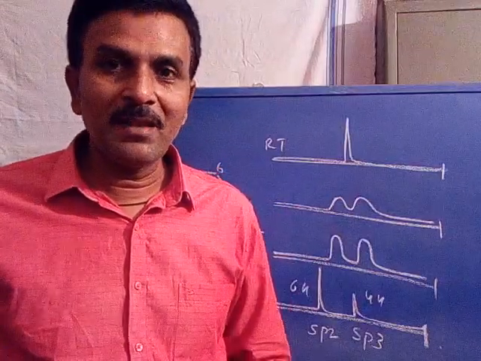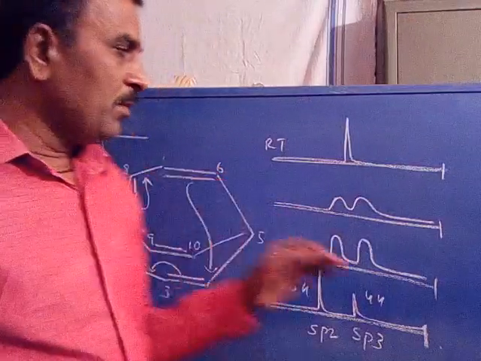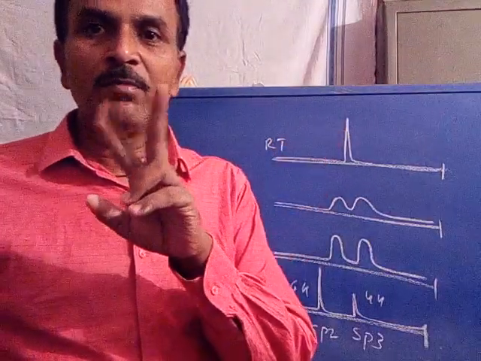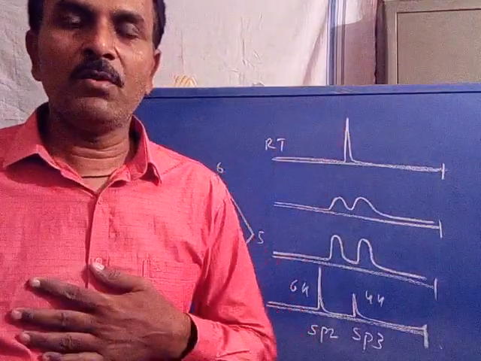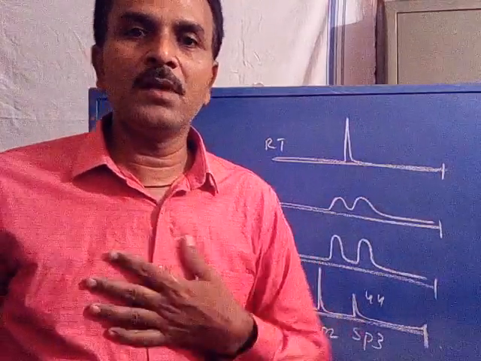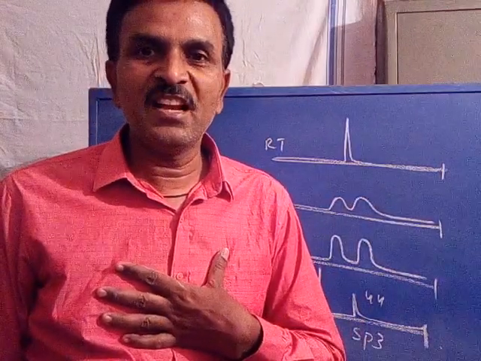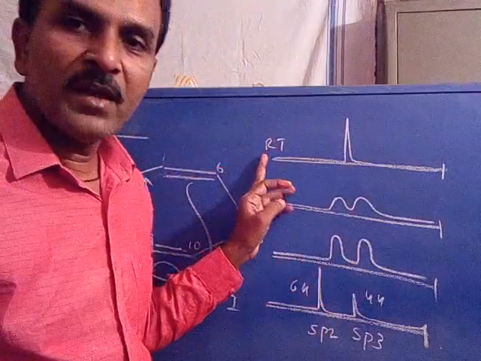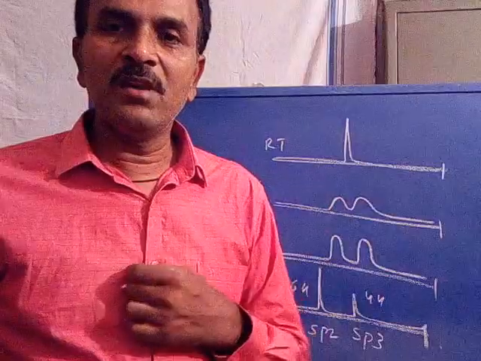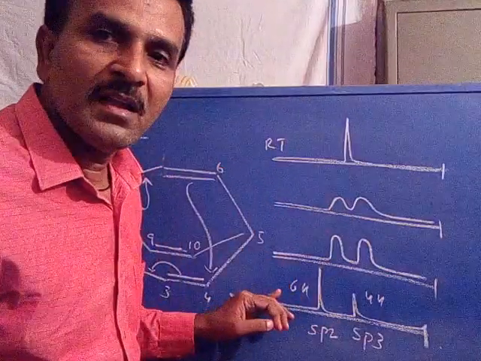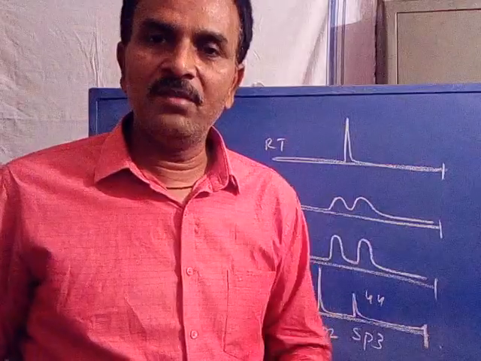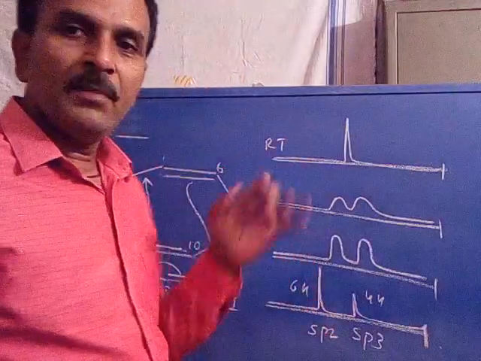Is it clear? What happens? Bullvalene contains two types of non-equivalent protons: protons on sp3 carbon and protons on sp2 carbon. But at room temperature, irrespective of their nature, all protons appear as one signal. When the temperature decreases, both sp2 and sp3 signals are separated. What happens? Room temperature means higher temperature.